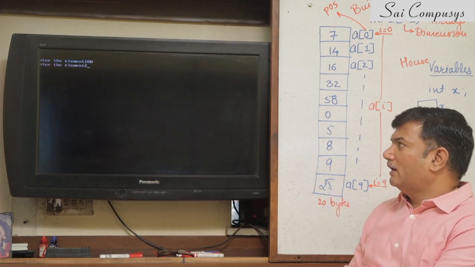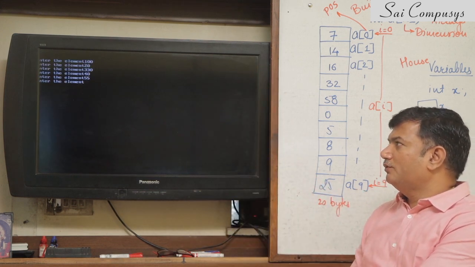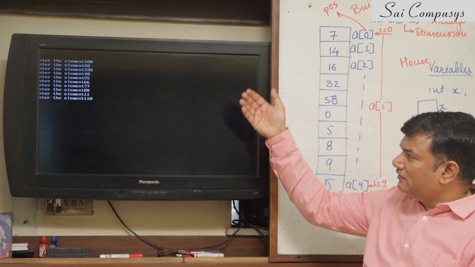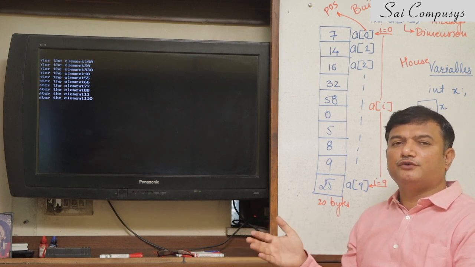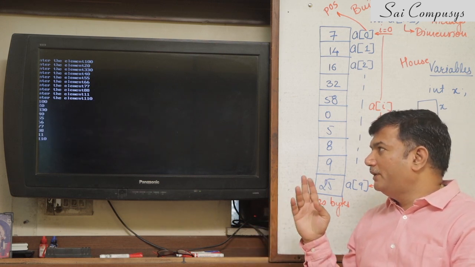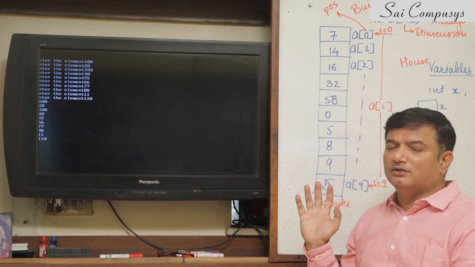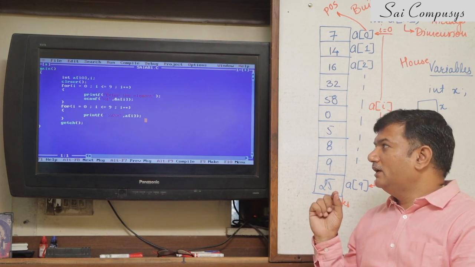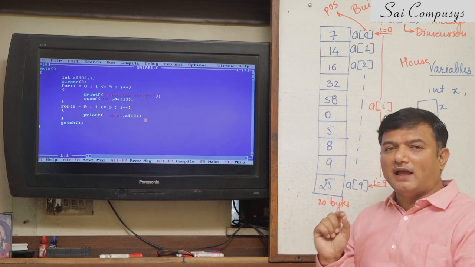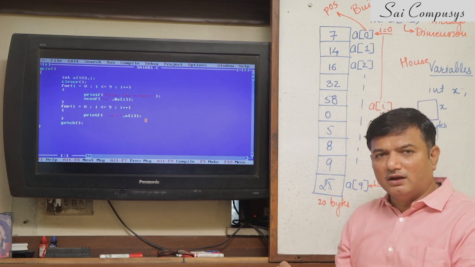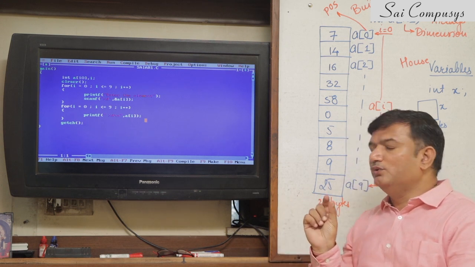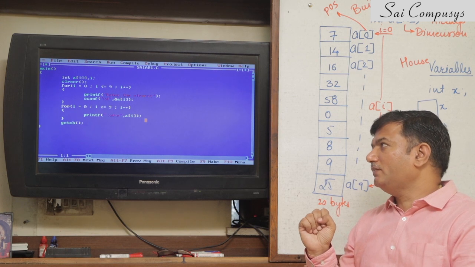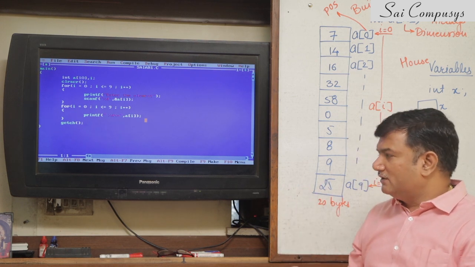Enter the element. I'll enter some different numbers for you. I'll enter 10 numbers. I hope you understand that these 10 numbers are stored on different positions from 0 to 9. When I print them, the elements get printed on the user screen. So one thing has to be understood very properly, that you need to use a loop to access every element of the array. And inside the loop, you need to specify the position, that is by writing A of I. Now I can do anything based upon this.